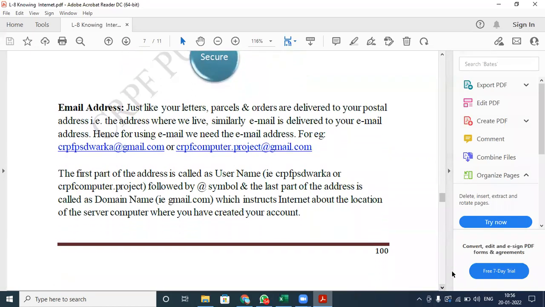अब ये जो एड्रेस होता है इसमें हमारे पास टू पार्ट्स होते हैं. एक होता है @ से पहले और एक होता है @ के बाद. तो जो @ से पहले होता है उसको हम क्या बोलते हैं? यूजर नेम बोलते हैं. दैट इज कॉल्ड एज यूजर नेम. So here crpfcomputer.project is the username, and the part followed by the @ symbol, or the last part of the address, is called